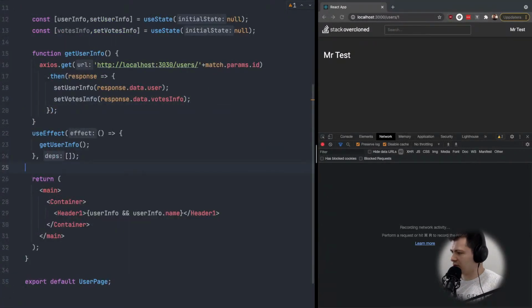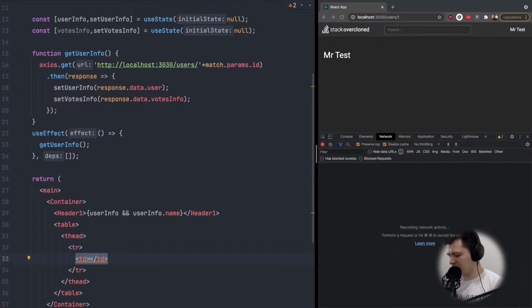So in the user page, now we can use this information that we have in user votes info. So yeah, let's create a table. So in the table, let's do table head, and in here a table row,